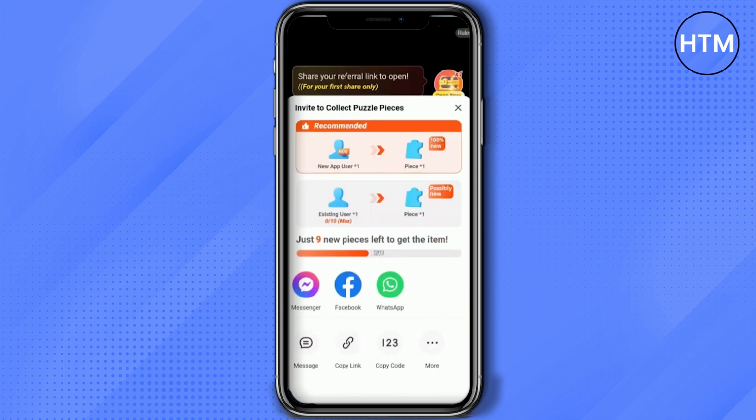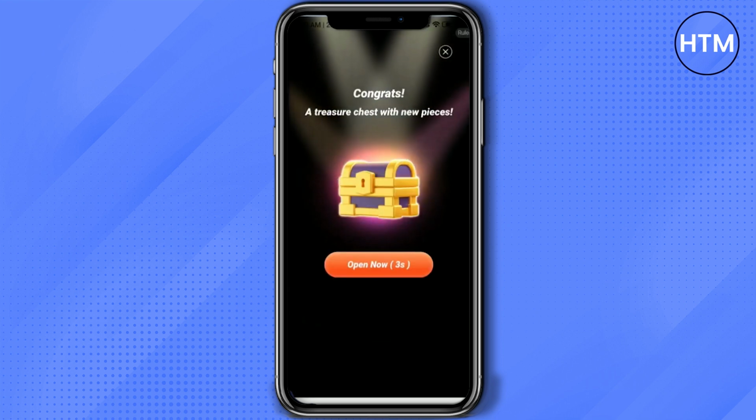Now this type of option will pop up, so over here all of your social media applications will be shown, or you can also click on the copy link over here to copy the link. Then after doing that, just simply send it to your friend, and through that link your friends will be able to come to the